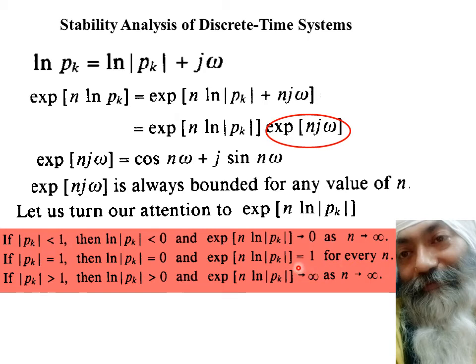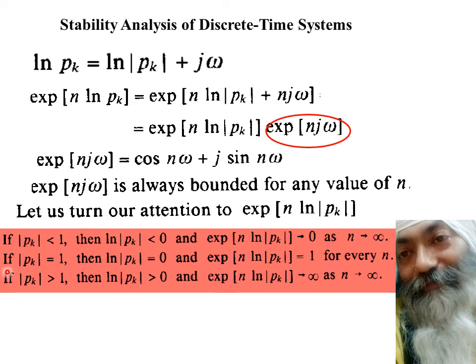In this case, it is equal to 1. It will remain always equal to 1. It's just marginally stable as long as the roots are equal to 1. And in case the magnitude of roots becomes greater than 1, then as n increases, for every subsequent sample, the value of this function tends to infinity. It means it becomes unbounded. Here in the third case, the system is unstable. System is stable here, marginally stable here, and becoming unstable here.